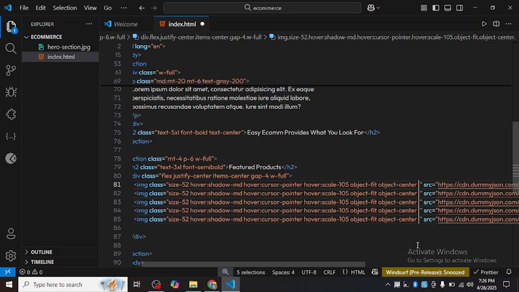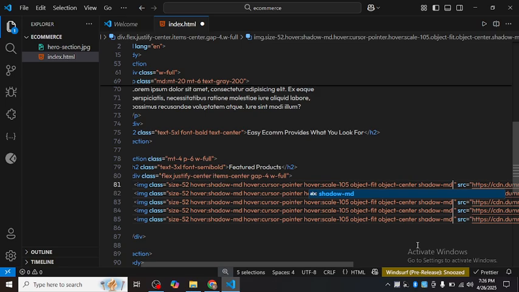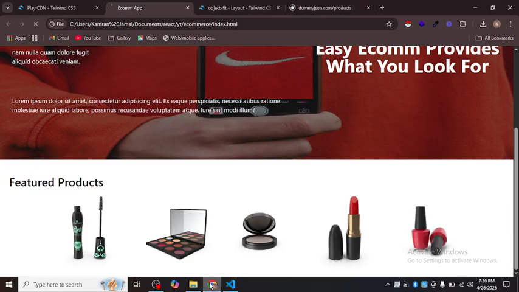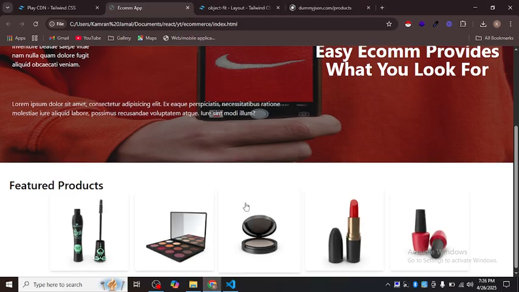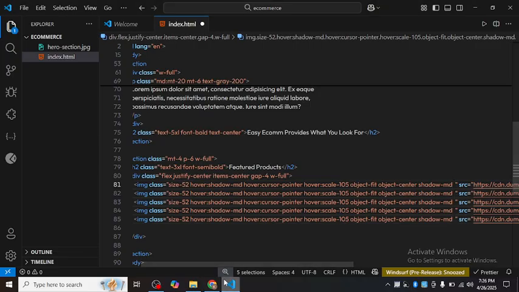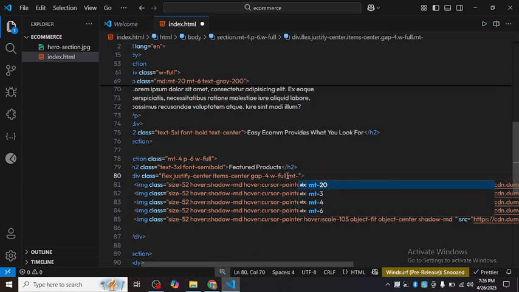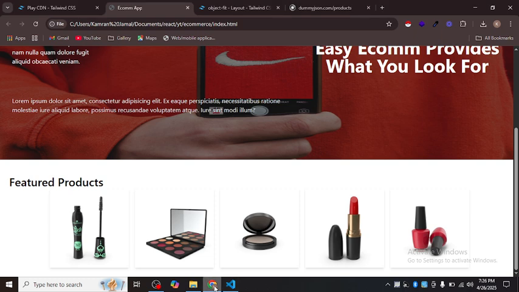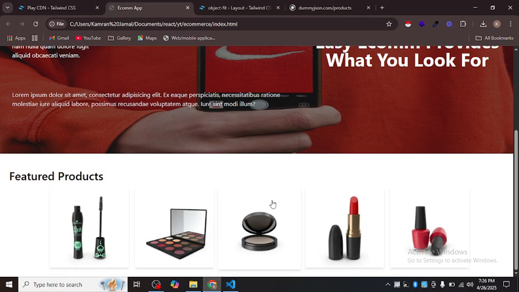Now let me give it some amount of shadow. So the shadow should be MD if I'm not wrong. Okay, now it's looking pretty awesome, but I will also have to give it some amount of margin from the top, MD of 4. Now let's see. Now it's looking good, and now I will have to